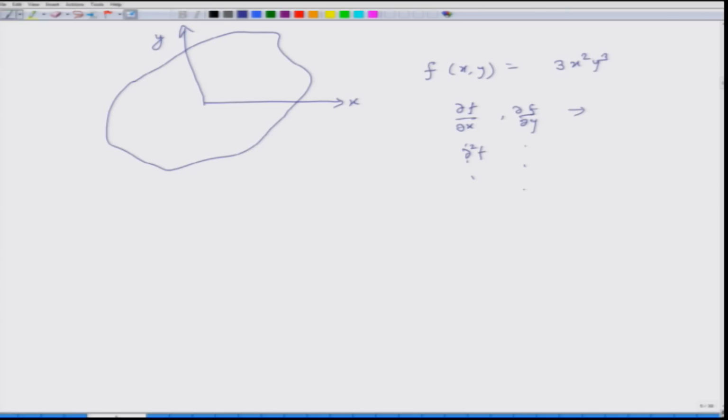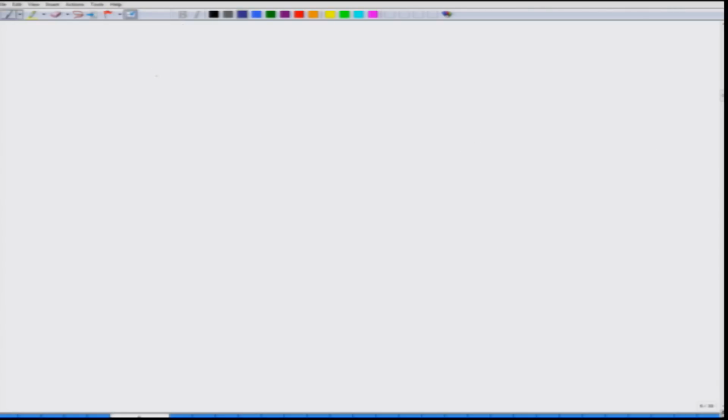So, ∂²f/∂x² and ∂²f/∂y², they also exist for this function, but this one does not exist, and higher terms, right. So, this is C2. Okay. So, now domains